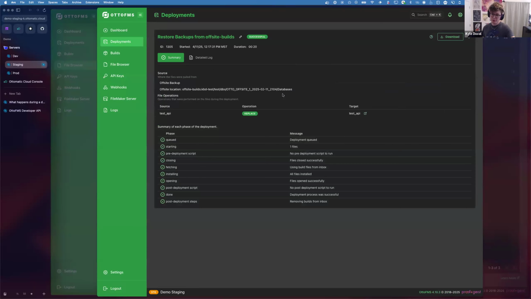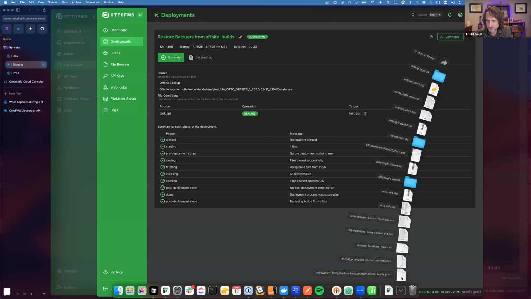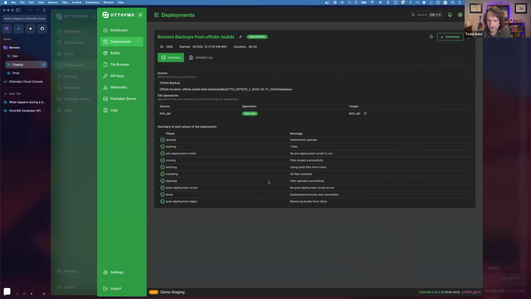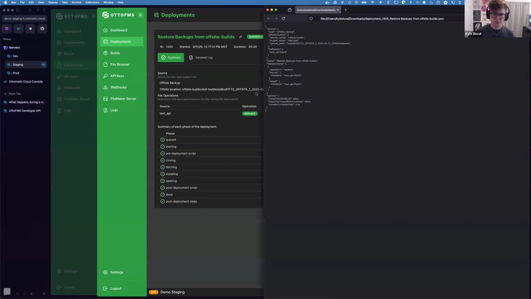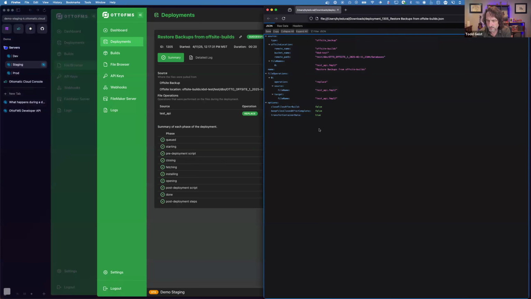And then you could probably do the validation in a post-deployment script, which would send an email or something like that. That's a few FileMaker scripts, and then you could run that every night, or use any other tool that you want to run that script once a night to pull your backup.